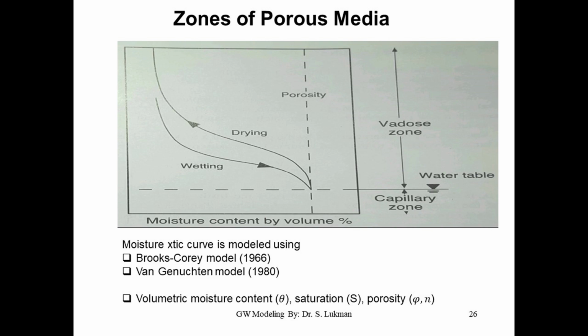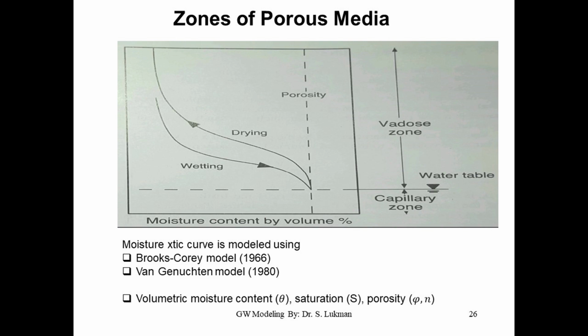And then we move to the next one, which is porosity. Because in this case, for the saturation, it's telling you how saturated it is. The saturation is the one that's specific about the void space. Is it fully saturated or partially or nothing? So it's specific about the void space in this case. Now the moisture content is about the total volume. Okay? And then for the other one, the porosity.